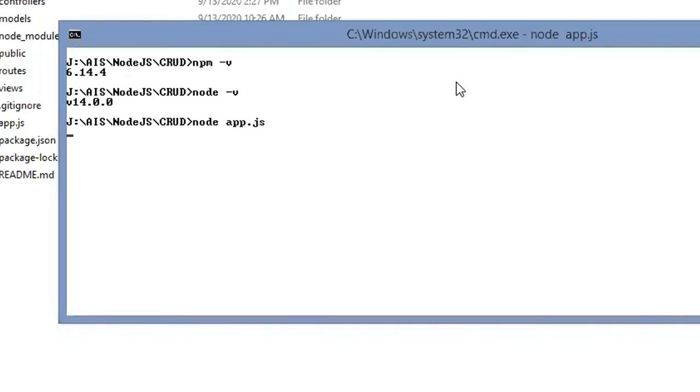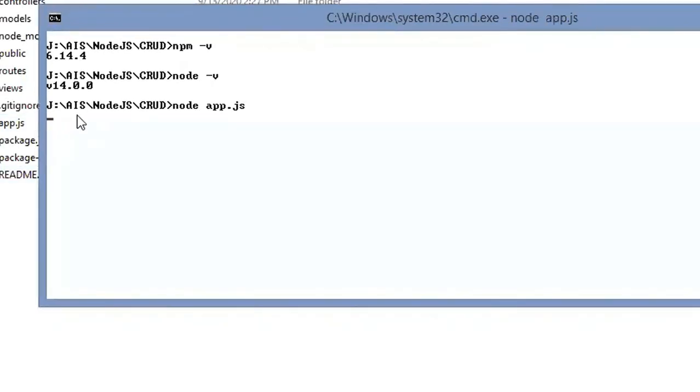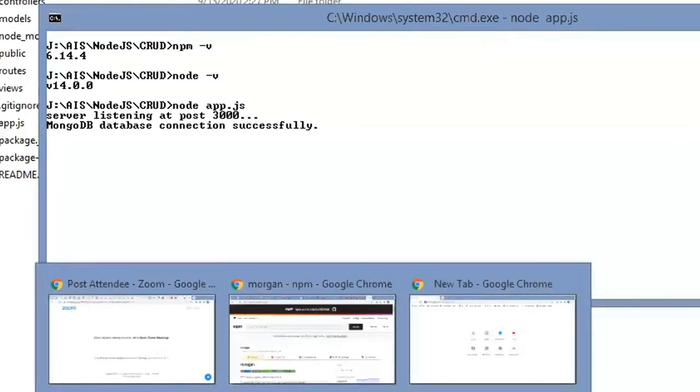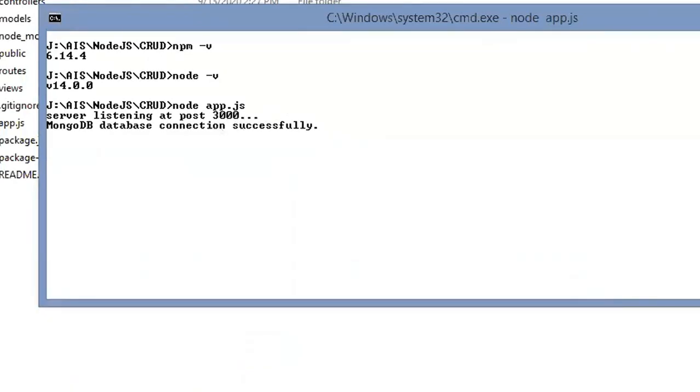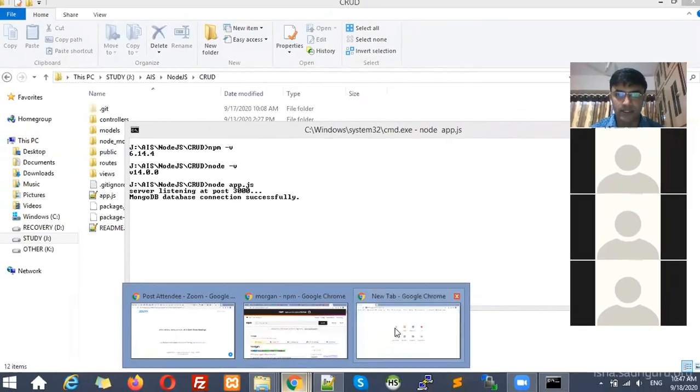So the application is going to start, the server is going to start, and here you can see "server listening at port 3000" and "MongoDB database connection successful". So I have to open the browser and use this port number 3000 where this server is providing its service.